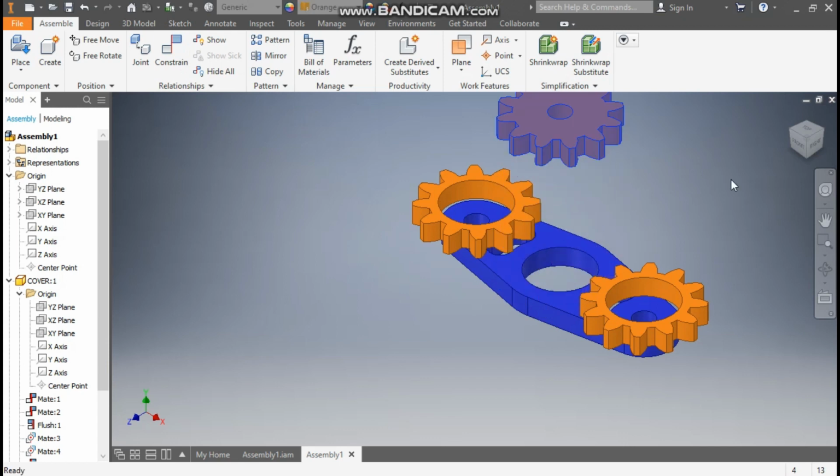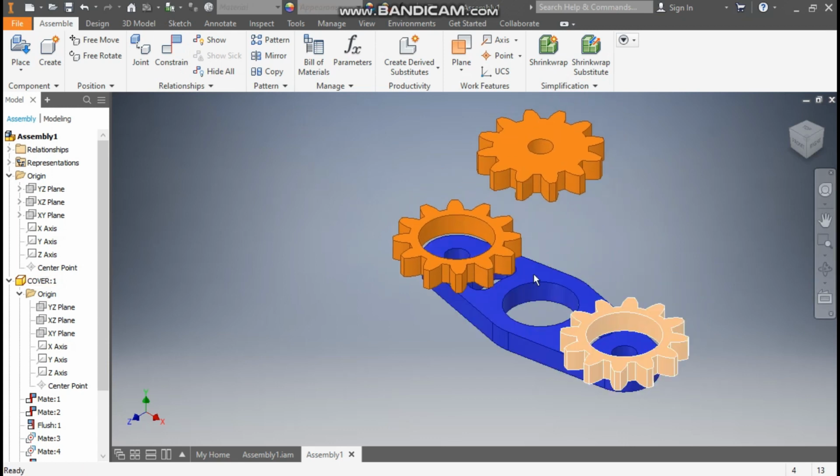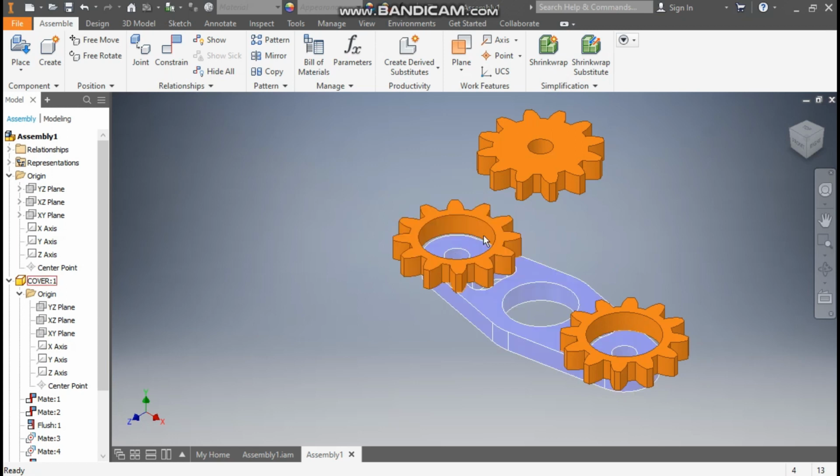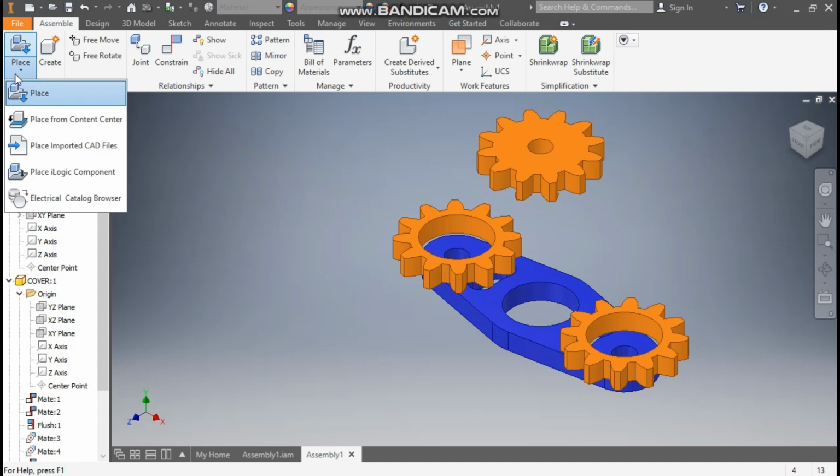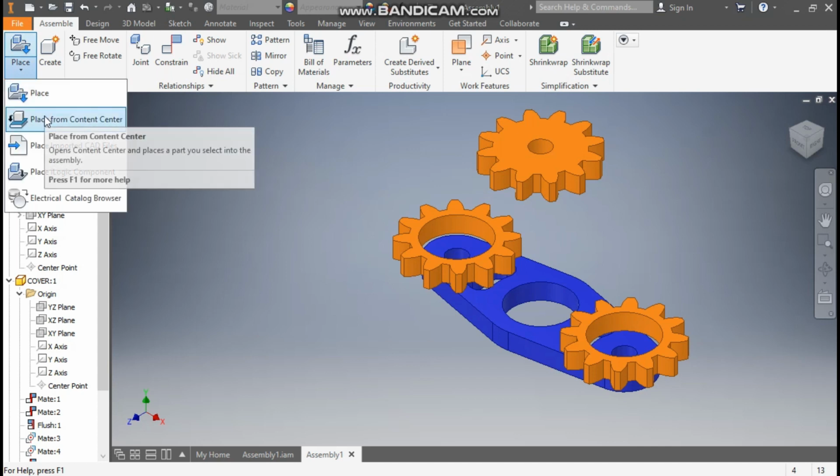Now here there is one point, here we want to assemble the bearings also. So one bearing will be assembled here and one bearing here and one bearing here, on which these gear profiles will move. So from here we'll go to place from content center,